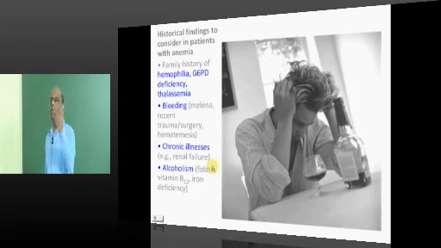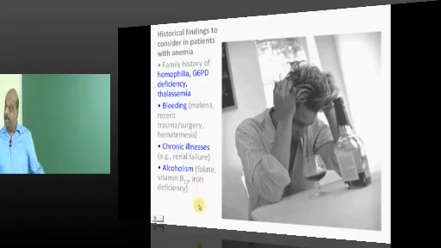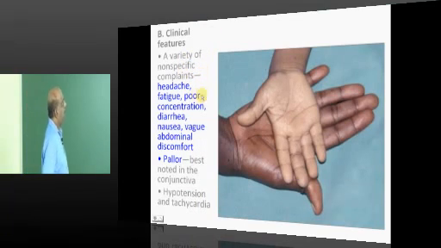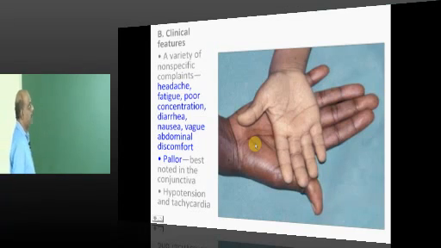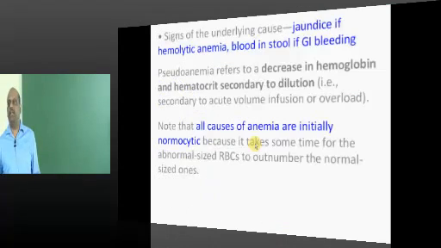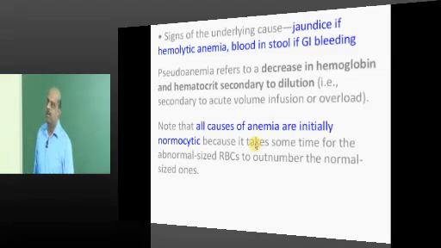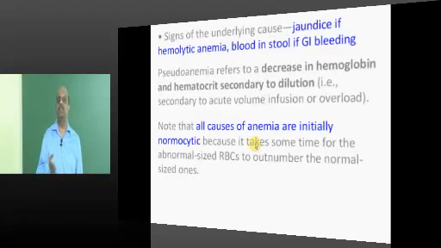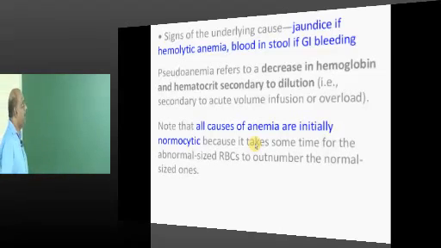Any history of alcoholism in the patient? Why? Alcohol makes folate, vitamin B12 deficient, iron also deficient in alcoholics. So history of alcoholism should be taken. Then what clinical features in an anemic patient are you going to look for? Headache, fatigue, nausea, pallor, hypotension, tachycardia, any jaundice. Why? Because anemia can be due to hemolysis. Hemolysis releases bilirubin, which can lead to the development of jaundice, in hemolytic jaundice.